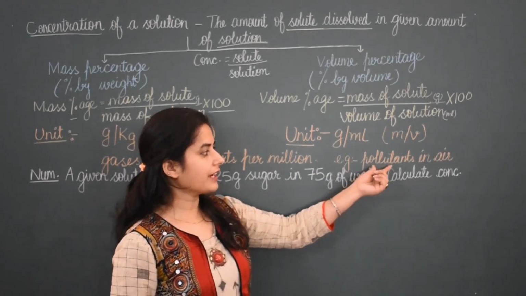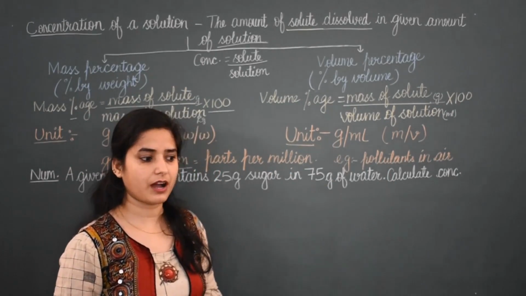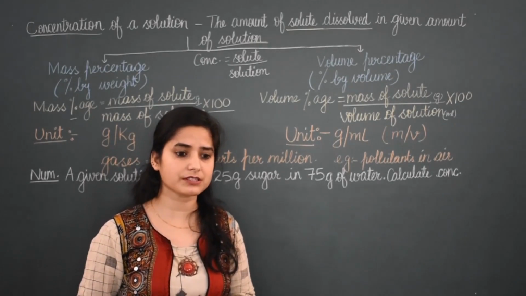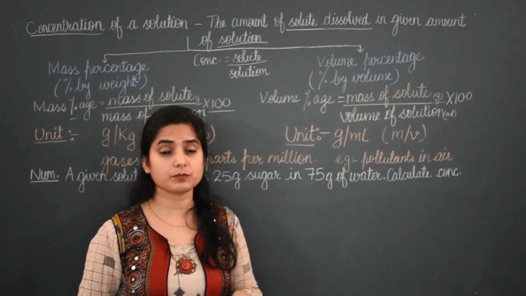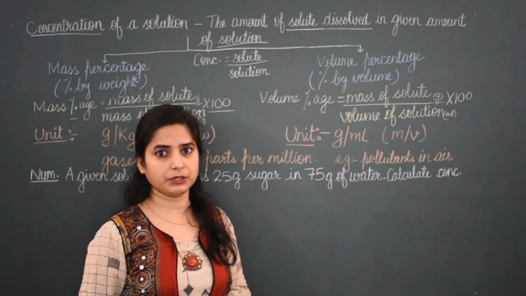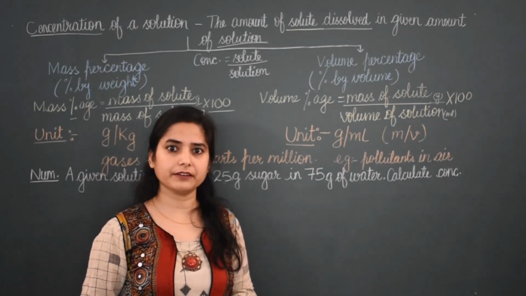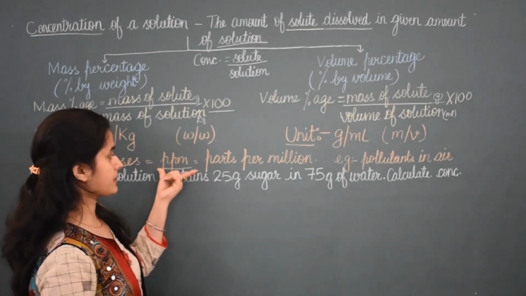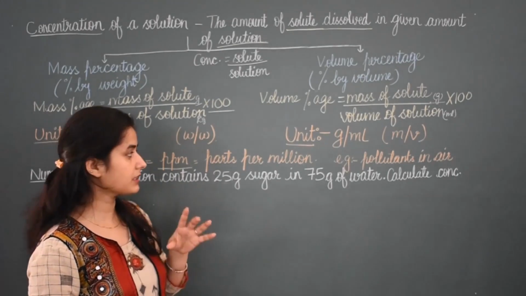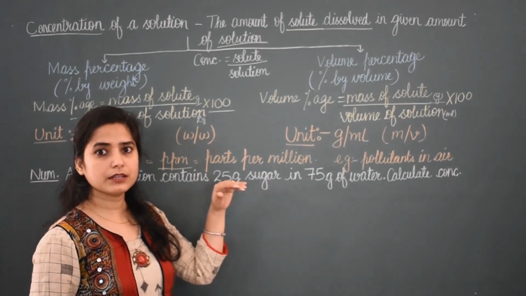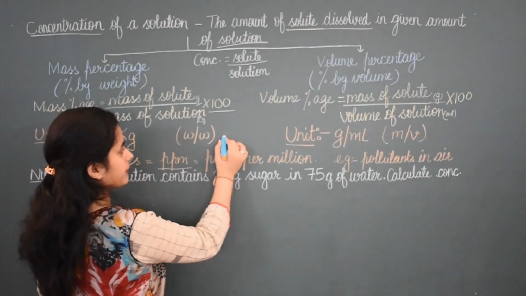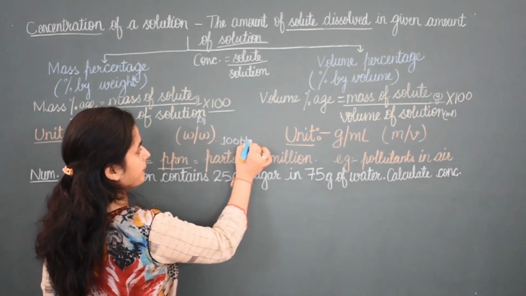And to find out the pollutants present in air, after Deepavali there are crackers and too much smoke, and in Delhi or metropolitan cities, due to the crowd there are many more vehicles, and due to that pollution is more. At that time the purity of air is measured in this unit, parts per million, meaning how many pollutants are present in per million amount of air. Simply you can say 100 ppm.